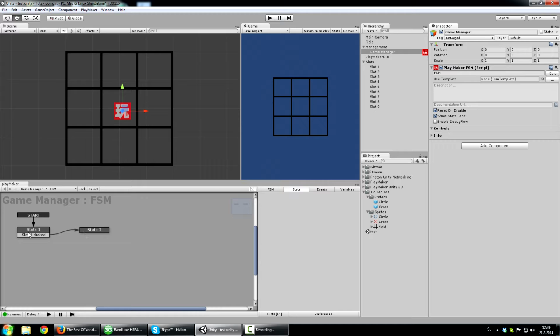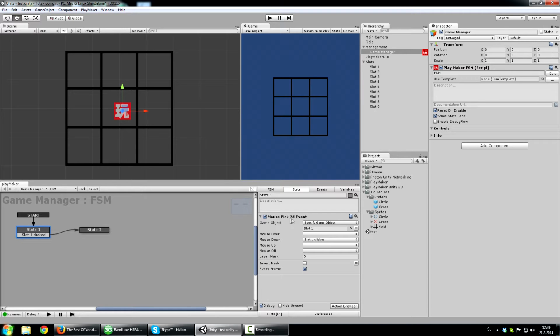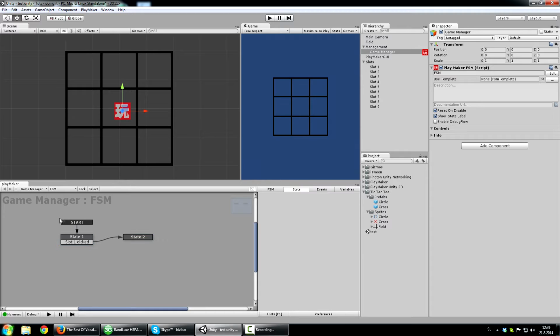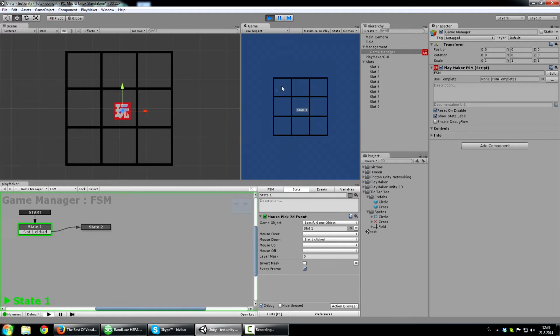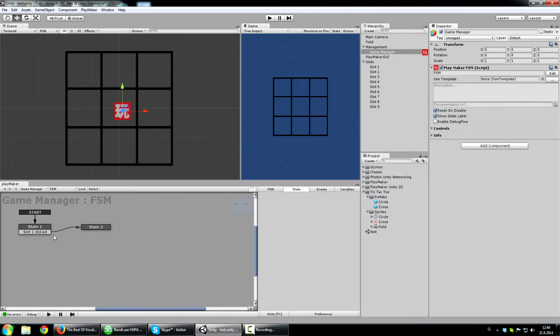So let's do that. First we need to duplicate this, because when the scene starts, you can see the green outline, we are here and it's waiting for us. But right now we only have this one action here, and it's just wired to slot 1, as you can see, and slot 1 clicked. So we need to add a bit more of those down there,